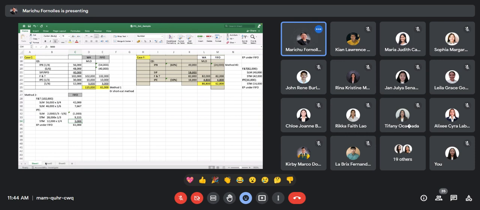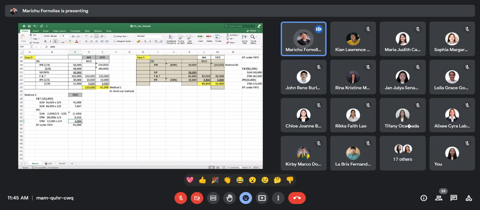Exercise 4-2. You are provided with the EUP under weighted average and the EUP under first in, first out. You're also given the costs last month for materials, labor, and overhead, identified in the problem as beginning inventory costs or cost last month. So the peso amount of your work in process beginning represents the cost incurred last month. Then we have the current period costs.